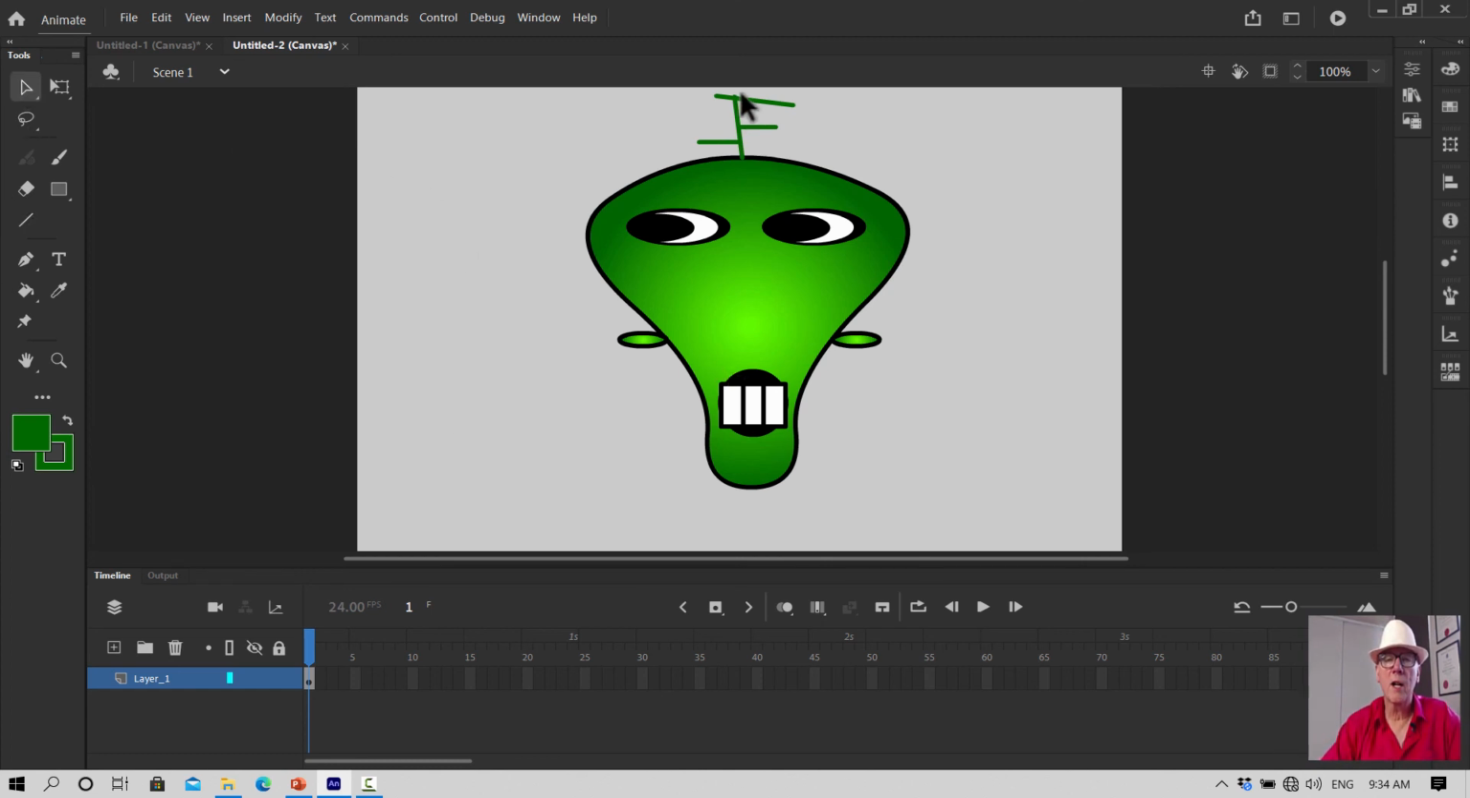Now the top line isn't quite right. You can just click on it and just use your arrow tool to nudge it. All right, so that's our green alien, and now that he's finished and he is all on one layer, we should be able to get on our arrow tool